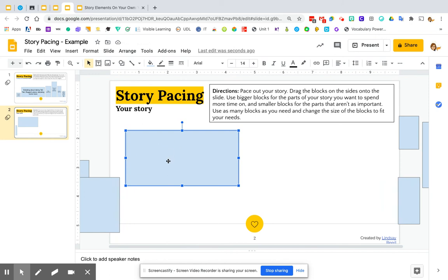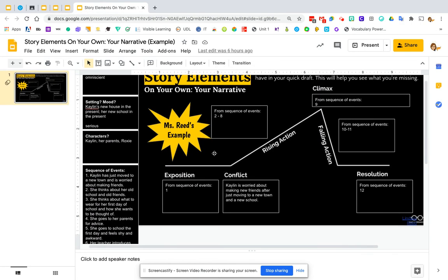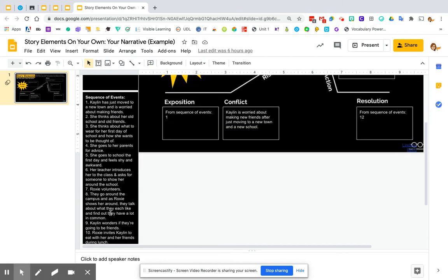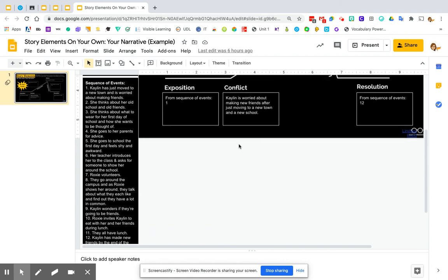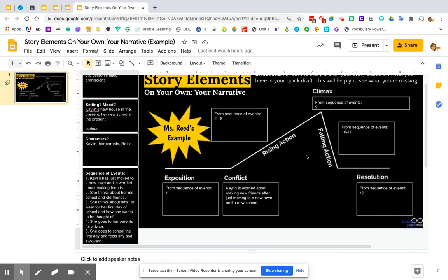When you are developing your own story pacing, you're going to want to use your story elements chart that you created before. And specifically, you want to go down to that sequence of events that you created. And you're going to also want to look at your storytelling arc to keep track of the emotional intensity of your story. Okay, so I'm going to go ahead and fill out my chart right now,